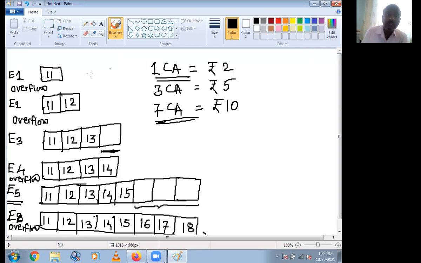Similarly, when you are inserting only one element, the memory space is only one and it becomes overflow.